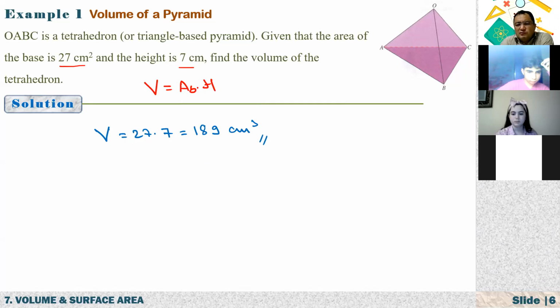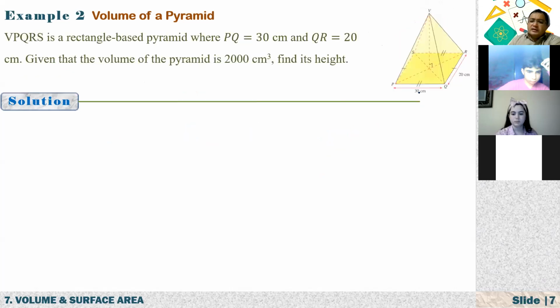That means, what is it? One meaning of this is, if you have small cubes, let's say unit cubes in math, where one side is 1 centimeter, 1 centimeter, 1 centimeter, then we need 189 such cubes to make this tetrahedron, which is also a pyramid actually. Okay. Another example,